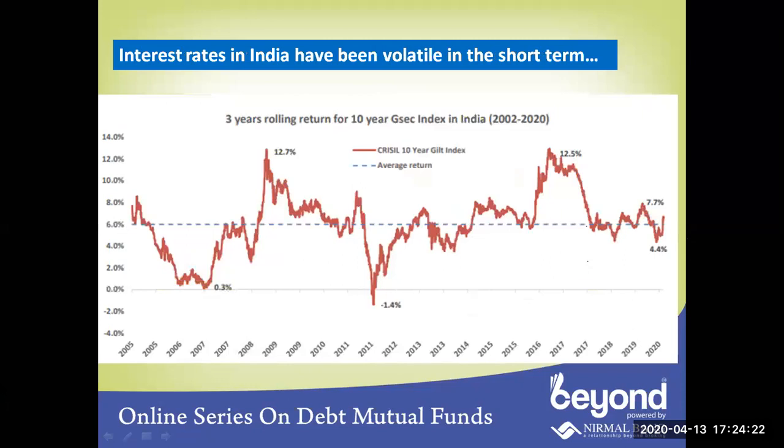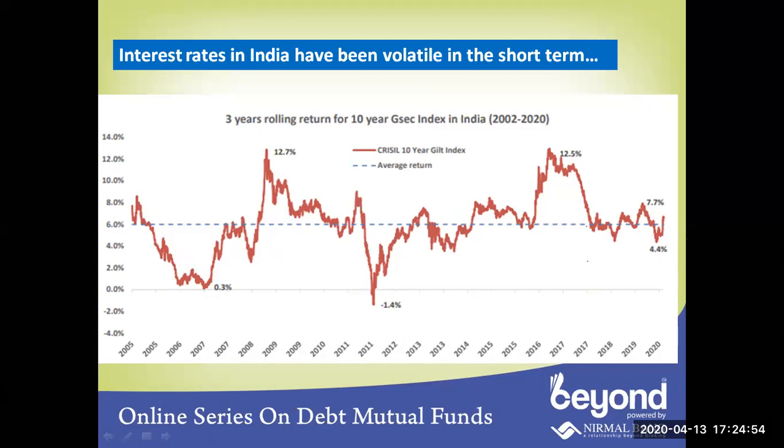In good debt mutual funds with good credit quality, or if the interest rate scenario is coming down, some kind of duration call you can also take. So good quality with some duration. That kind of product would be good from an SIP point of view also, and could be the best alternative to your RDs.